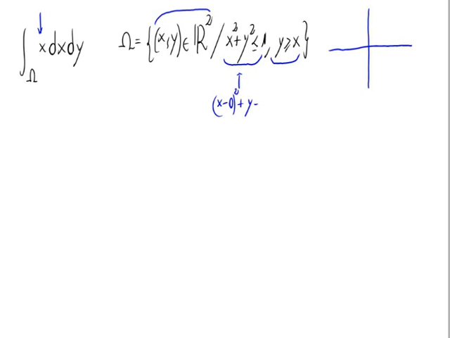So this expression x squared plus y squared can be written as (x minus 0) squared plus (y minus 0) squared equal to 1. And as you should know, this is a circumference with the center in (0, 0), the origin, and with radius 1. Let's draw it up here on the right. But as we're told, smaller or equal to 1,